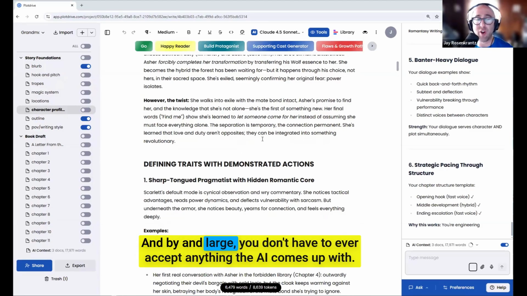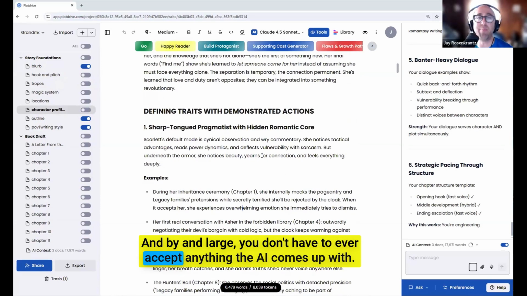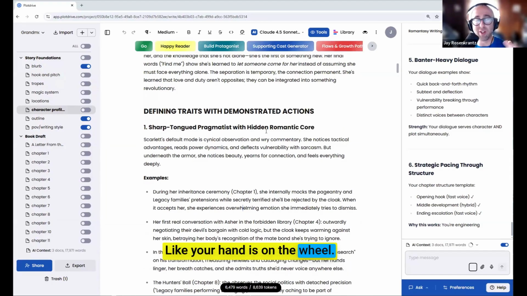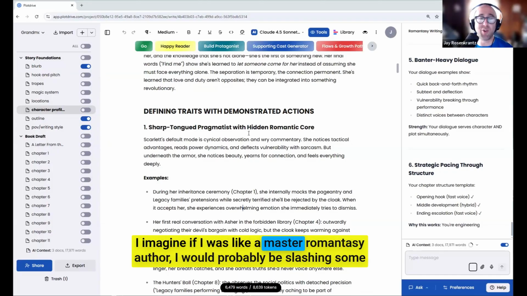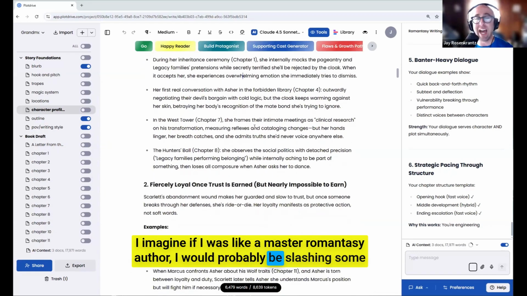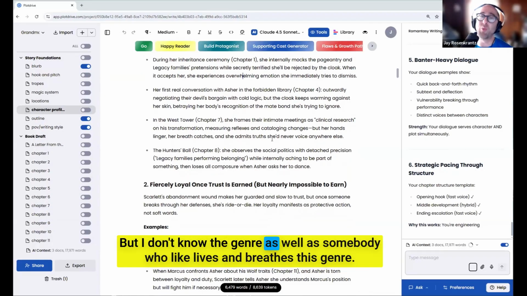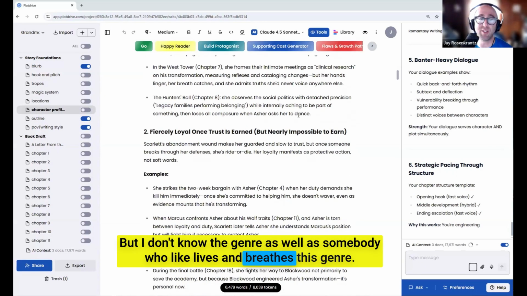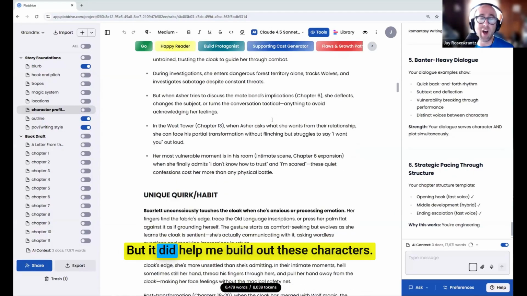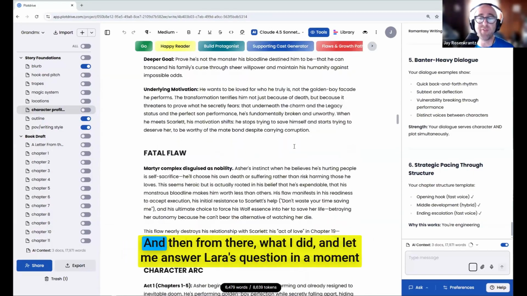And by and large, you don't have to ever accept anything the AI comes up with. Your hand is on the wheel. You have to make the choices and the decisions. You have to use your judgment. I imagine if I was a master romantasy author, I would probably be slashing some of this away that I didn't know any better and thought, oh yeah, that sounds good. But I don't know the genre as well as somebody who lives and breathes this genre. But it did help me build out these characters, and then from there, what I did, and let me answer